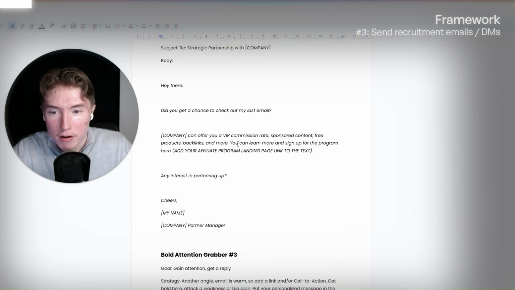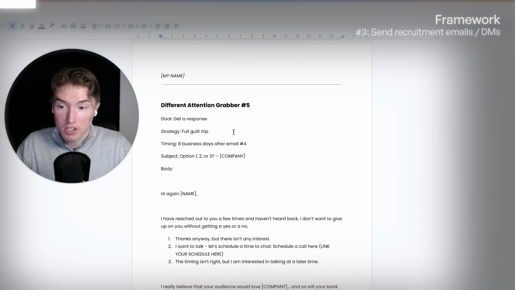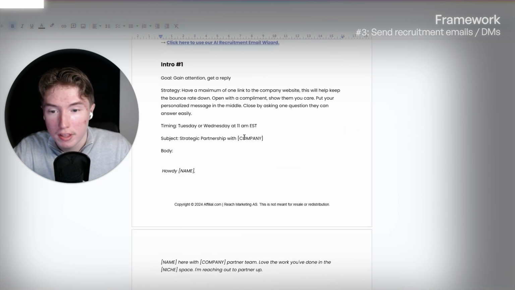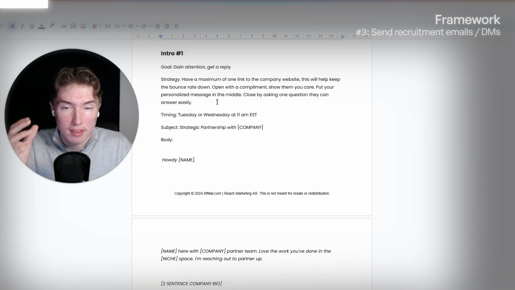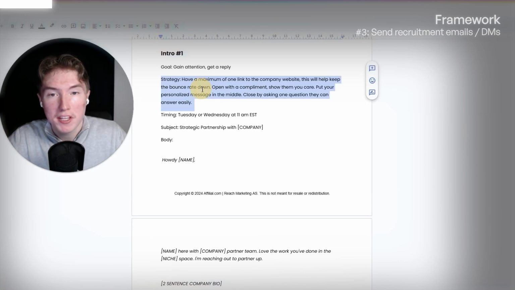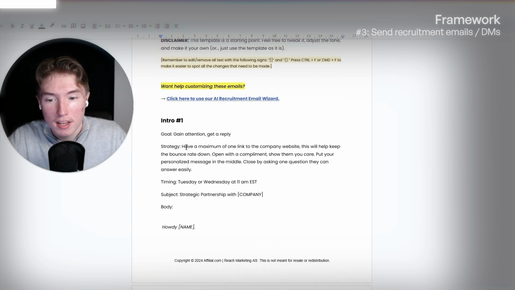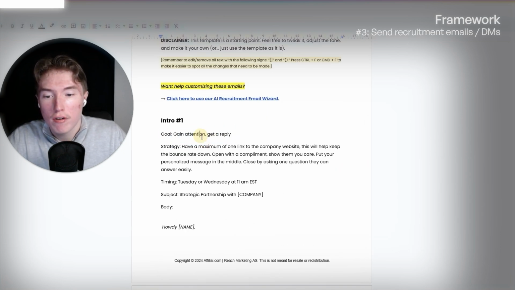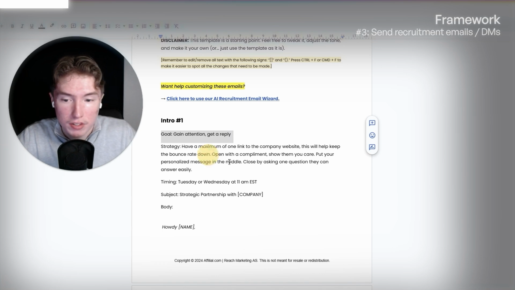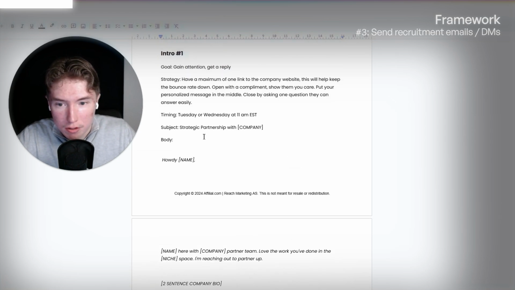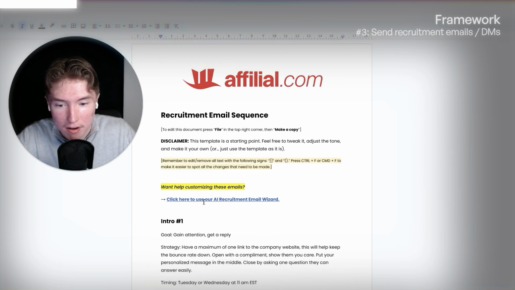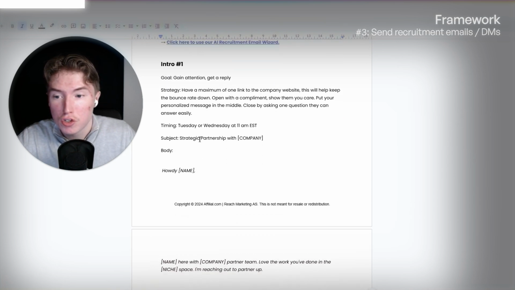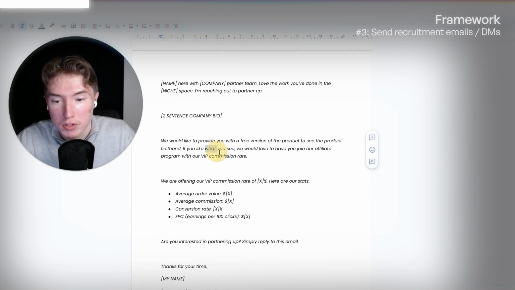I'll just quickly cover these 5 emails, and this is literally the exact emails that Dustin has used to recruit over 30,000 affiliates. But bear in mind, these are only templates. You want to make them your own. It doesn't have to be exactly like this, but basically the goal of the first email is just to get a reply, right? It should be very short, and you just fill in the blanks. Also, you have this AI over here that you can use to just spit out a custom sequence. It's trained on these 5 emails, so just try that out.